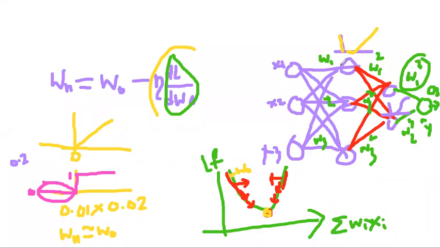To avoid this problem, we modify the ReLU activation function a little bit, which is called the leaky ReLU activation function. Leaky ReLU activation function means we are bending this line a little bit downwards. So this is called the leaky ReLU activation function. By using this activation function, we can easily update the weight and we can easily move to our destination.